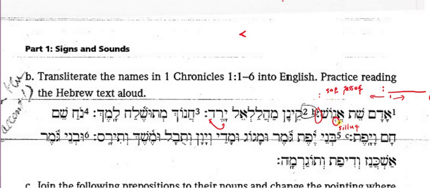Saluk is an accent mark. So sof pasuk is not an accent mark. It doesn't tell you where the stress of any word is. It's only telling you that you've come to the end of a segment of text. All right? The saluk will occur in tandem with the sof pasuk in the stressed syllable of the final word